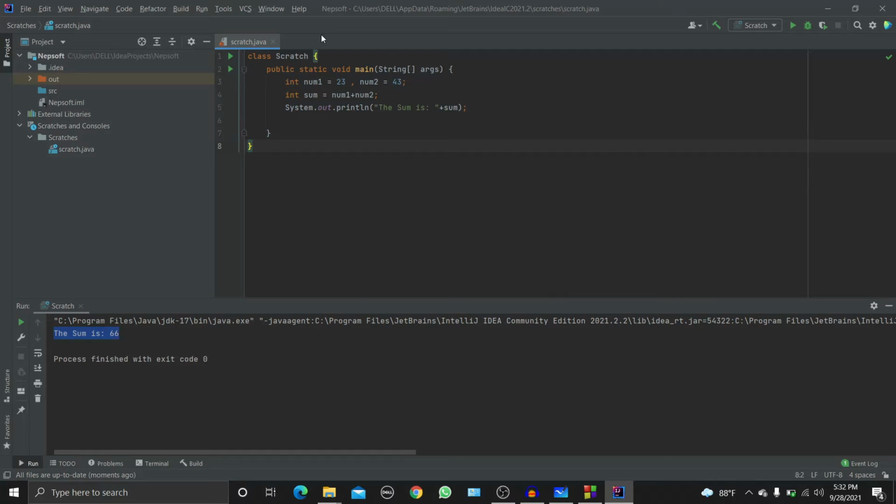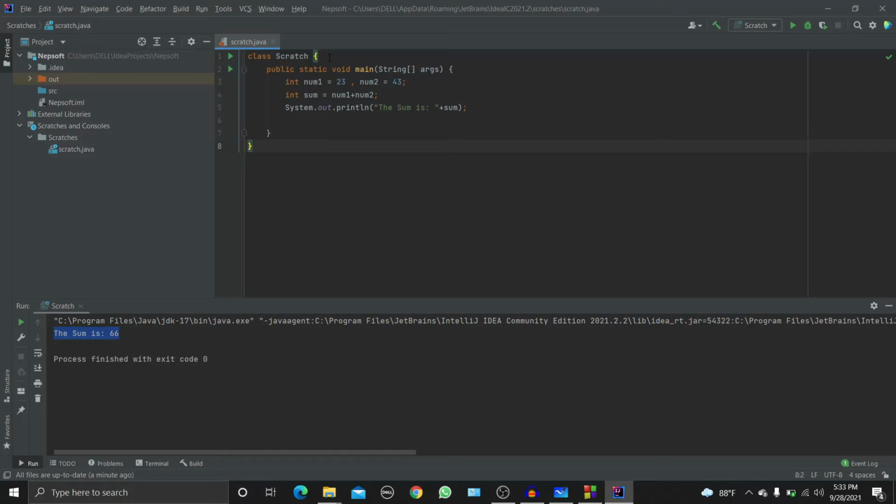So now let's know what are the things in this program. Here we have class Scratch. The main thing we need to consider while programming in Java is, while we are declaring any kind of class, the class name should be the same name as the file.